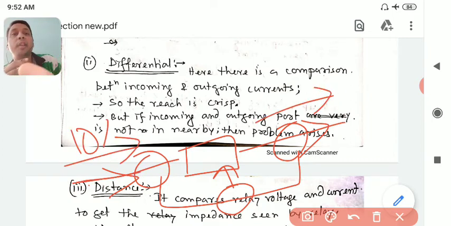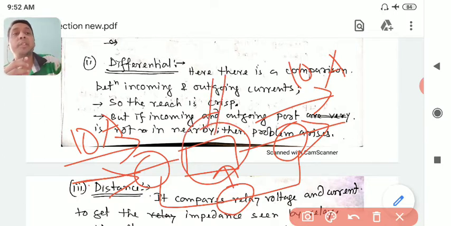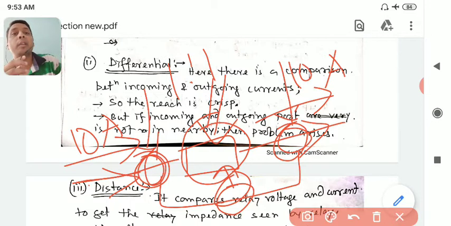There should be no error, because however much current is going in, the same should come out. Suppose it is 10 ampere, so 10 ampere should come out, if there is no leak and no external path from the line. If you want to protect elements like a transformer, the current on the two sides will not be the same. Suppose it is a 1:1 transformer; we will see the details. So the idea was the same: you compare both sides, and if you find any difference, then it should trip. That's why it is known as differential. But again, there is a problem. If the input and output terminals are not nearby, if they are very far, kilometers away, then how will you compare these two?